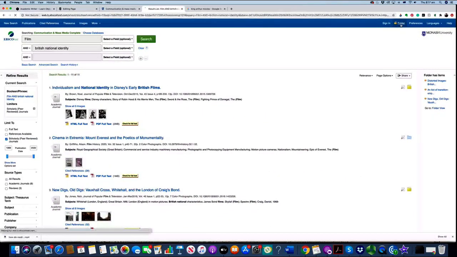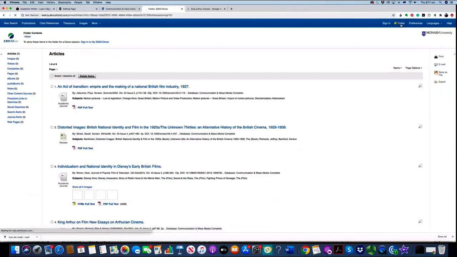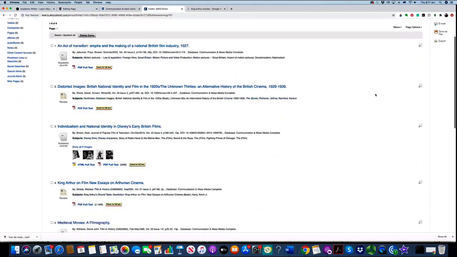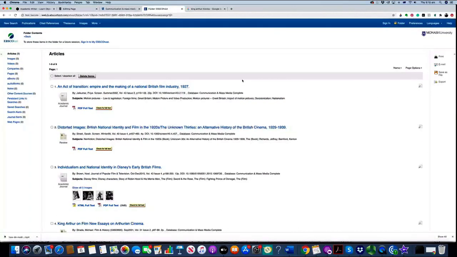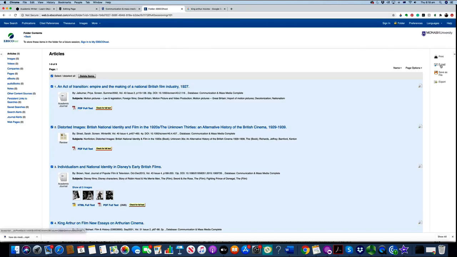So then we go up here and we find that, you know, we're getting towards it. So you can see the process that we go through. Then what you do is you decide you want to read these things. Select all. You've got a number of different options here. Probably the easiest thing to do is to email all of these articles